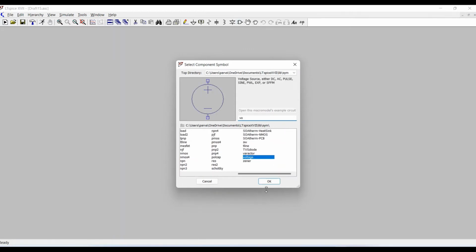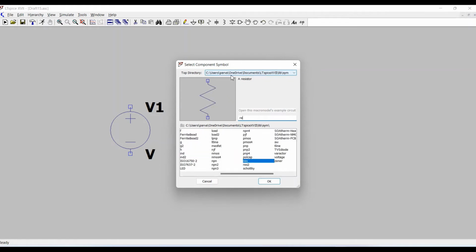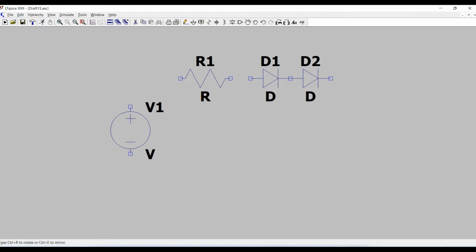Voltage is needed. Okay. Place it over here, release it by clicking the escape button. Then resistor, directly you can take it from here as well and from here as well. Okay, and to rotate it, Control R. That's what I keep saying in every tutorial. Release it by using escape. Take a diode, rotate it, Control R, Control R, Control R. Okay, this is a normal diode, regular diode, not a Zener or other one. Place it, escape it, and then we need one